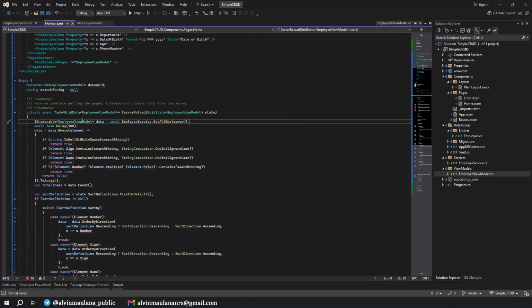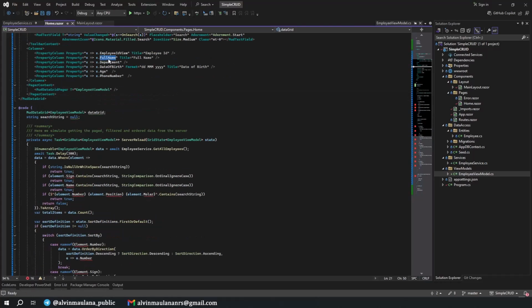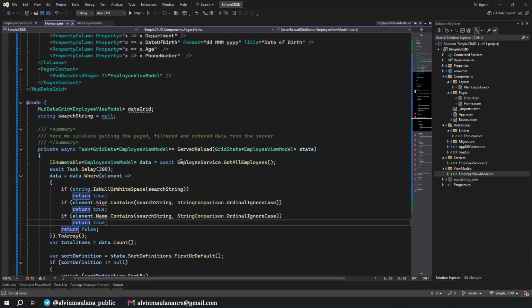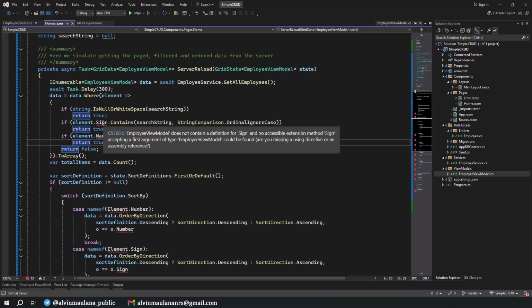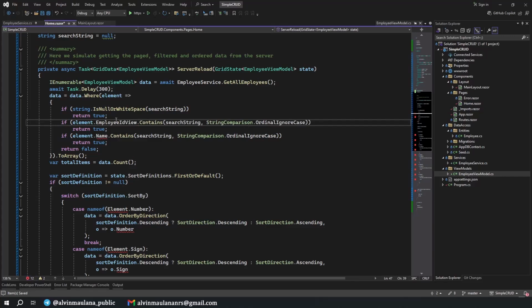Nice. Now in here, this is the filtering. What I want to filter in this tutorial is maybe employee ID and full name. Okay, if you want to add more, you can add by yourself. So what we need to have here, I think it's only 2, so I can remove this, and then I zoom out a bit. This one should be full name. Oh, no need, employee ID view first. Okay, this one, and then